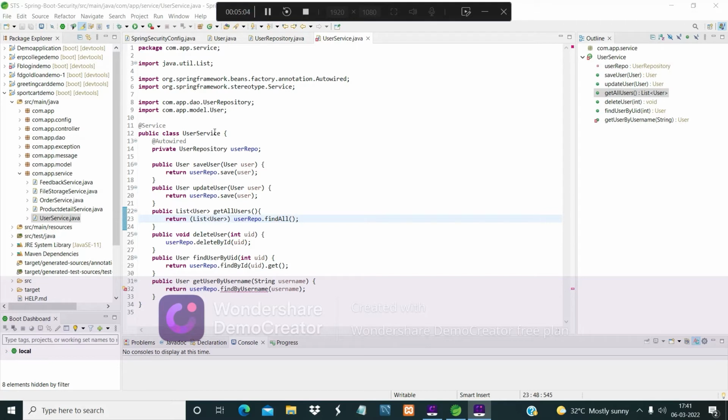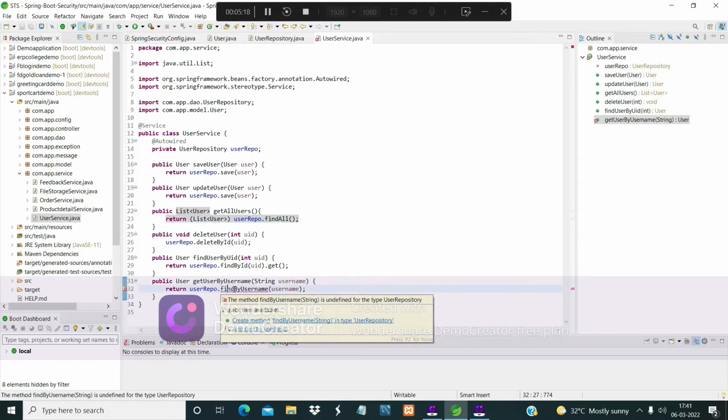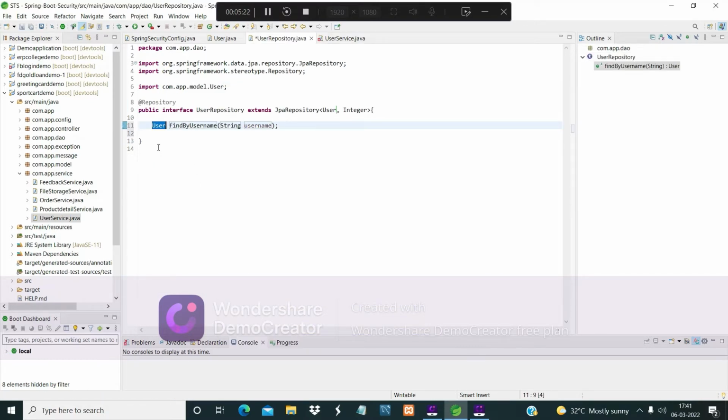So we will add the service code to the user service, and we will add the following codes. Then we create a find by username in the repository.